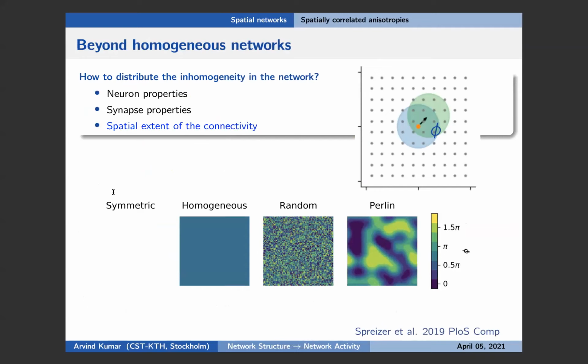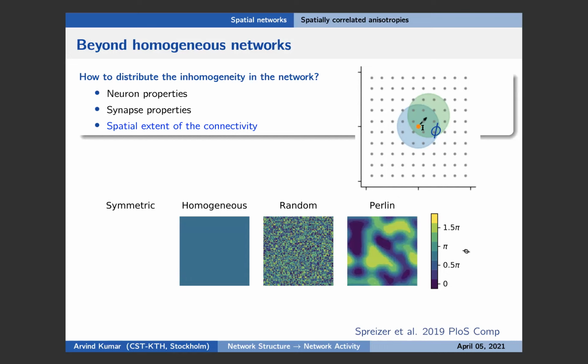Now, what about heterogeneities? So far, what we have seen is either non-spatial networks or spatial networks, but both of them were homogeneous. Connectivity can be highly heterogeneous in the brain. So what is the role of the inhomogeneity, and when do those inhomogeneities matter? To ask this question, we had a spatially connected network where we changed the direction preference of the neurons so that they tend to connect in a given direction. Only a small fraction of neural projections go in that direction. Otherwise, it's pretty much isotropic.